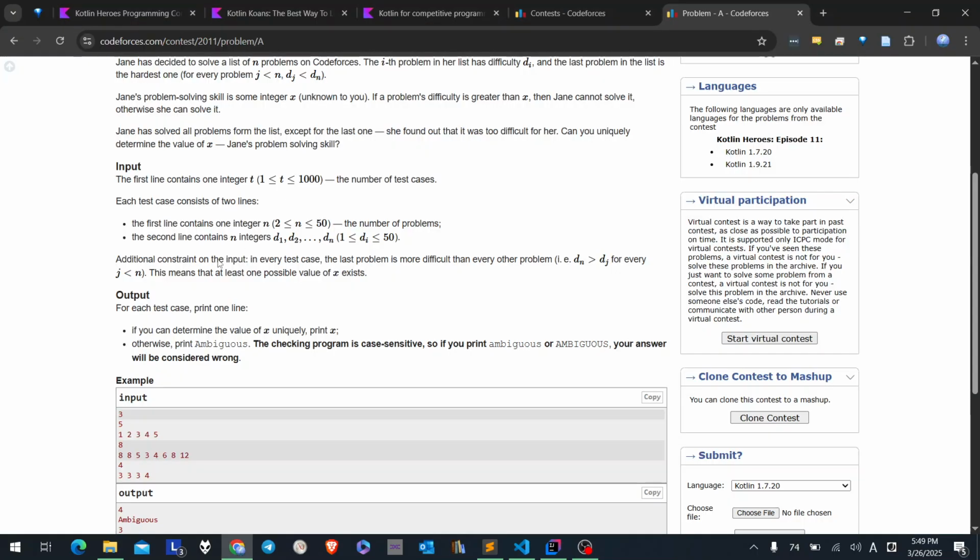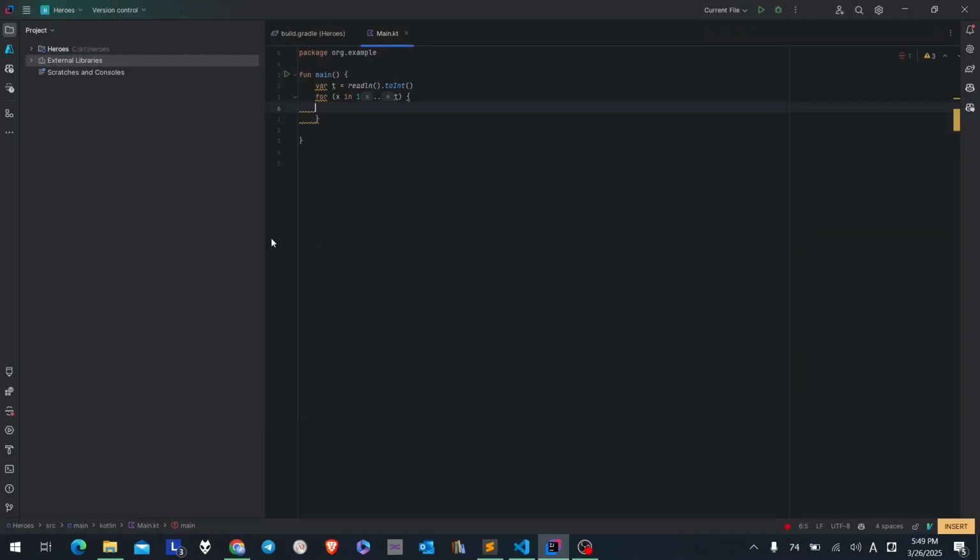Okay. What I want are n and d, which would be the arrays. So n equals this, another readLine dot toInt,